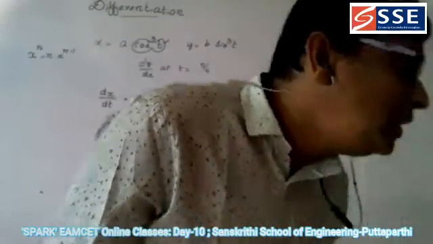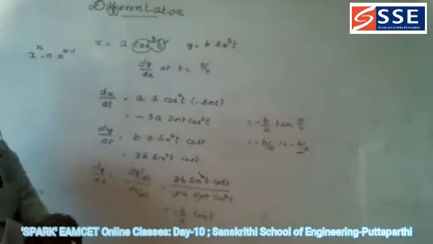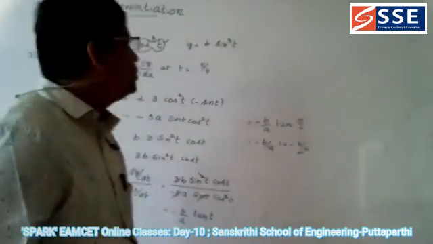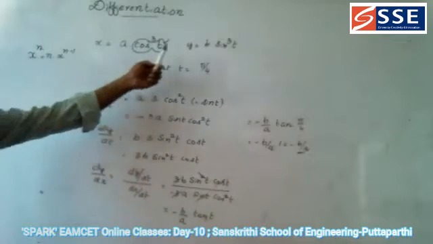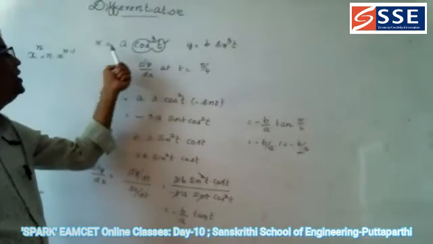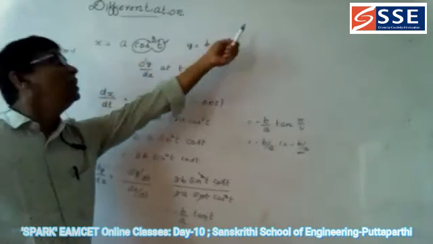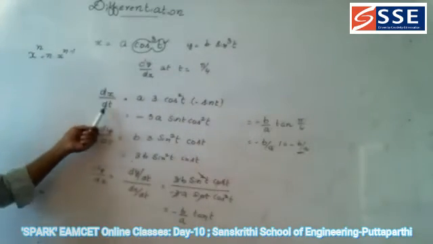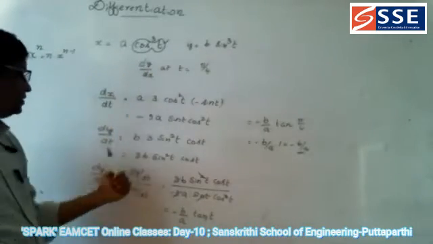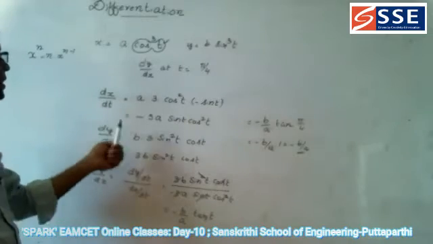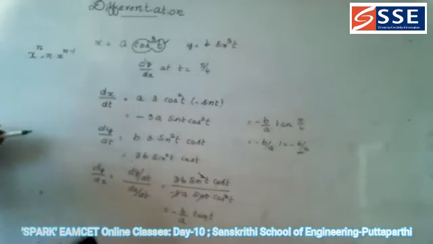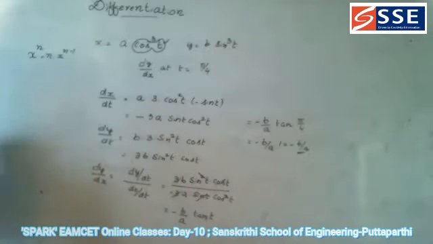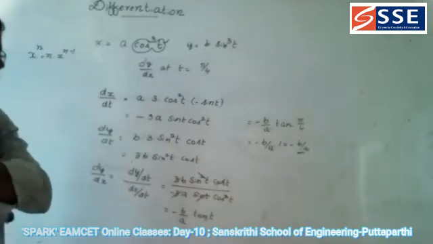So p by d greater. Okay, I am going to write a d greater. No problem. Like this you are going to do the problem. These two variables are given, and they are defined in terms of another variable, like t. So differentiate the given term with respect to t, and differentiate this term with respect to t again. Then you want to find dy by dx, this divided by this, and you are going to get the